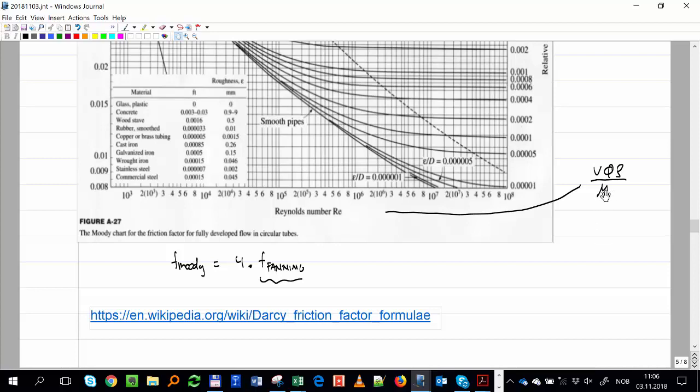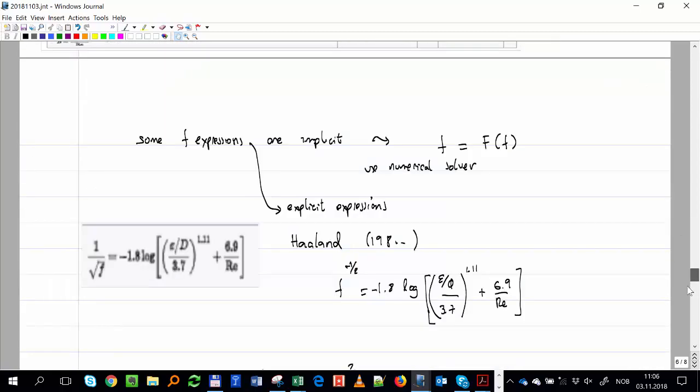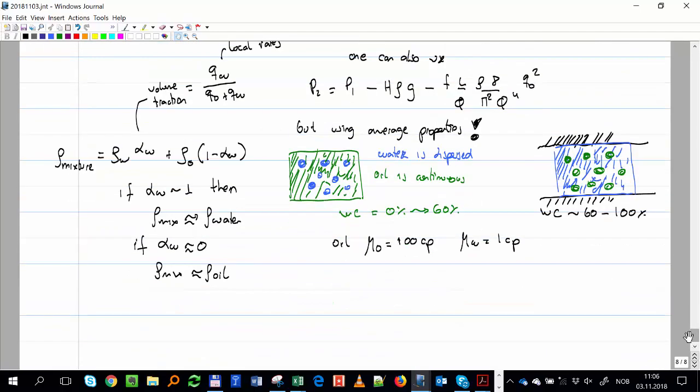What about the viscosity? Okay, viscosity, sometimes we do the same thing, using the same expression. Viscosity of the mixture is viscosity of the water times alpha W, plus viscosity of the oil times 1 minus alpha W. Okay? But